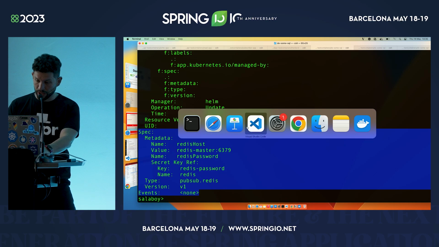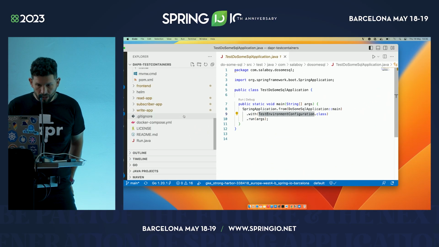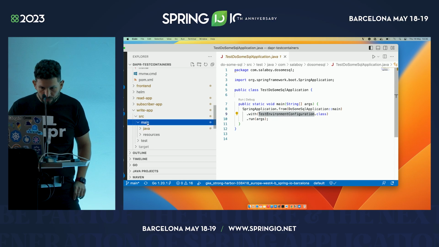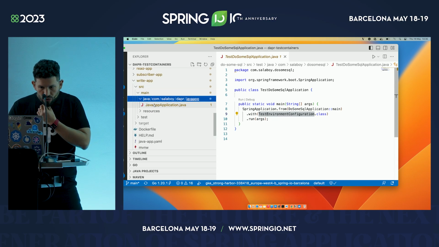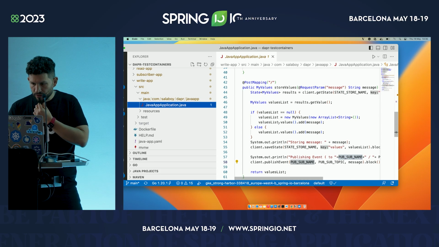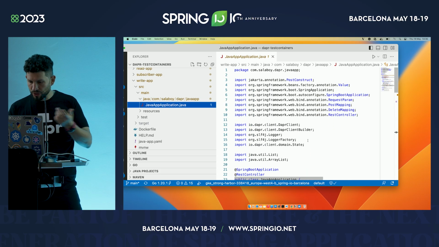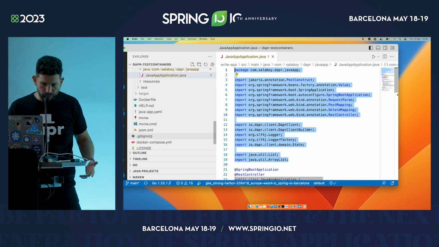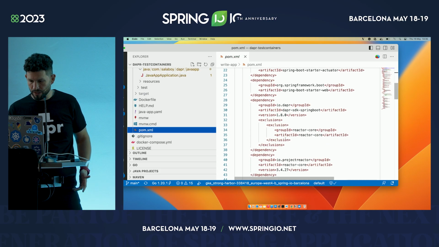If you take a look at the application code then, let's go to the right application code. Let's check the time. I have a bit of time still. So I have this right application, and you can see here that I am not importing any Redis client in the POM file, of course, either. I do not have any Redis dependency.